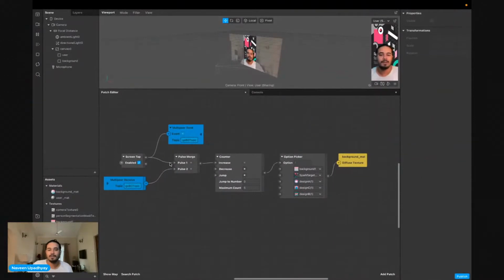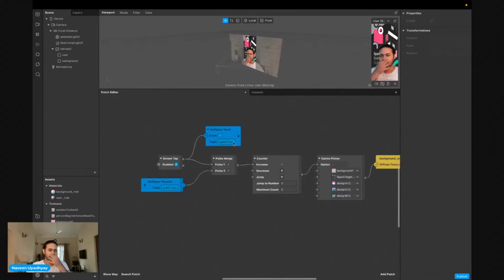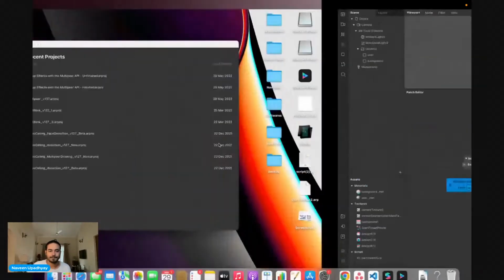So this is the basic overview of how this multiplayer patches work. It's a very simple example that we have done, but it's powerful. It's powerful to create a lot of effects. I'm gonna come back to it and wait for your questions. Is this clear? Any doubts before we go any further? Anything that you don't understand about this? So let me know. We can talk in detail about that.